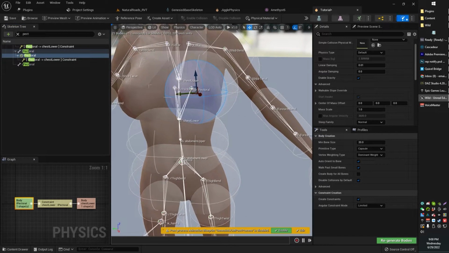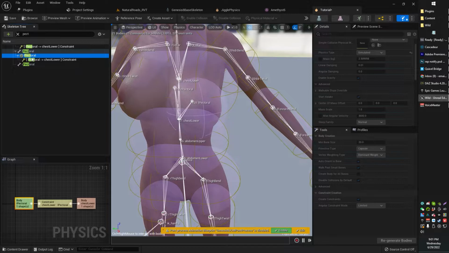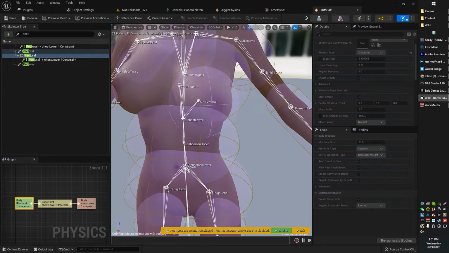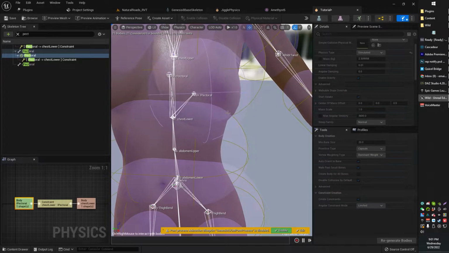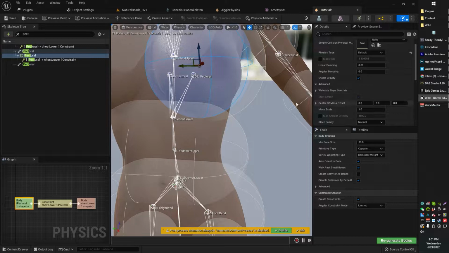Oh, what happened? Is that not working? Oh, I'm not simulating. What am I doing? Control Alt Enter. There we go. So as you can see, there's some crazy bounce going on there. It's bouncing up and down really quickly, and it's basically bouncing indefinitely because there's so much bounciness in